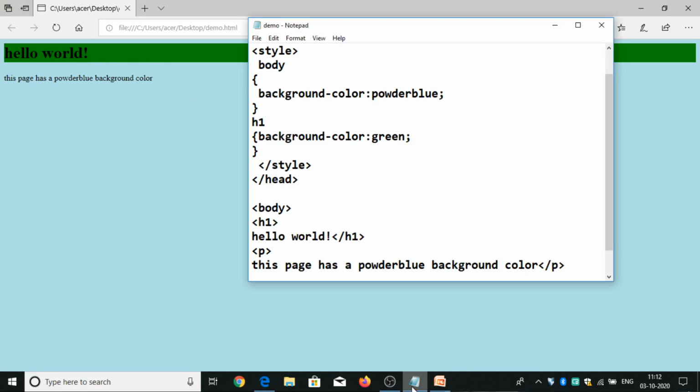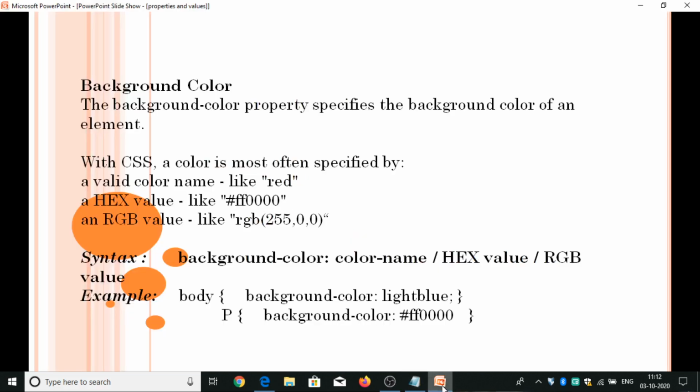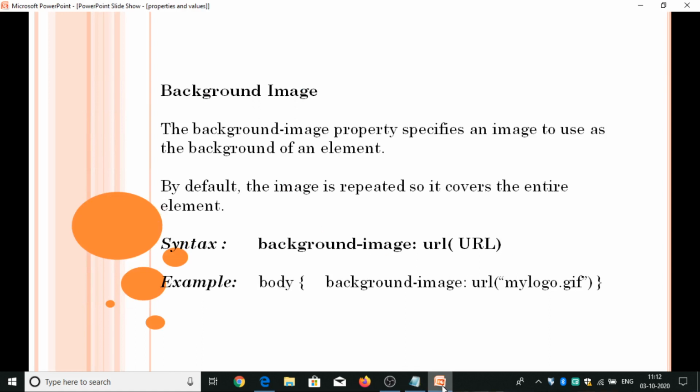And the next type of property is background image. If we want to specify an image as the background to our web page, then we use a property called background-image. The background-image property specifies an image to use as the background of an element.